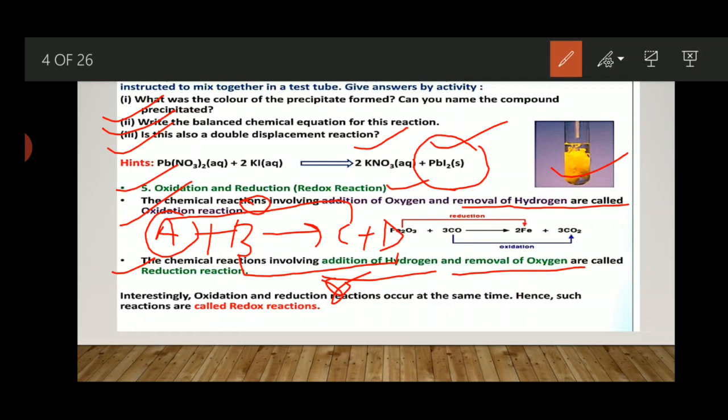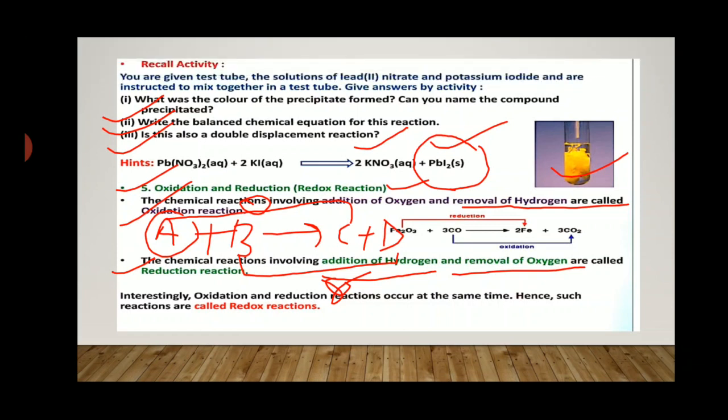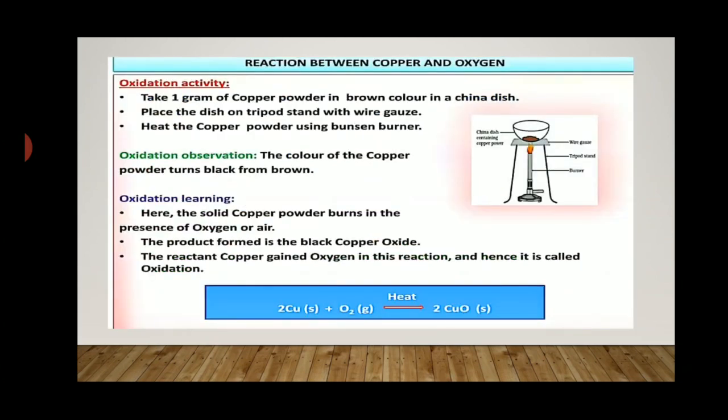Now, hope all of you understood that topic. This topic is very, very important. Now let's start our next topic, or some more examples by which we will understand the remaining topics. Now the reaction between copper and oxygen to show the oxidation process. See, here we can see that